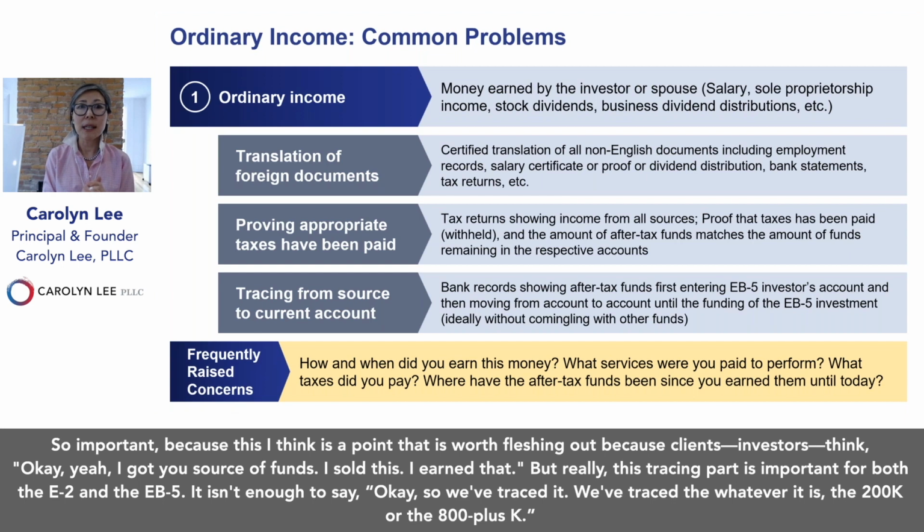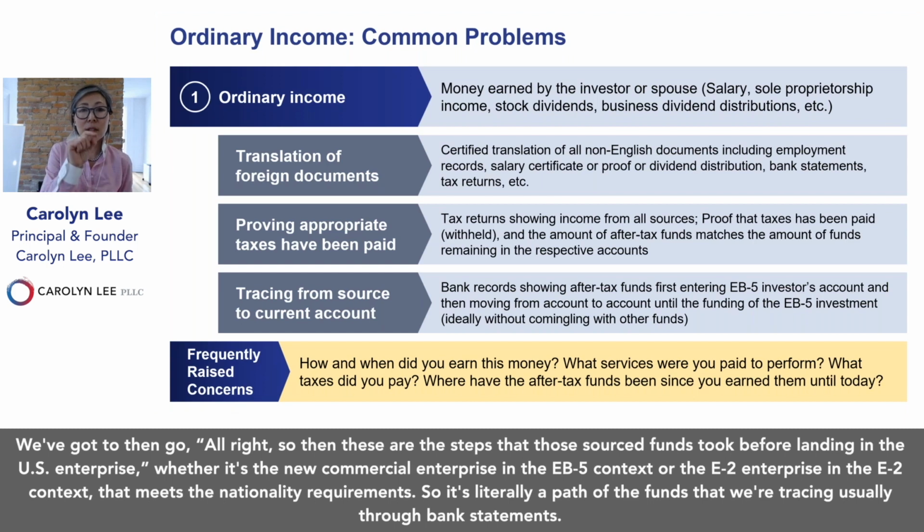But this tracing part is important for both the E-2 and the EB-5. It isn't enough to say we've traced the 200K or the 800 plus K. We've got to go, all right, so then